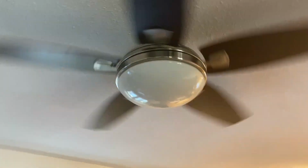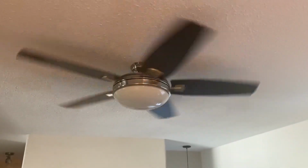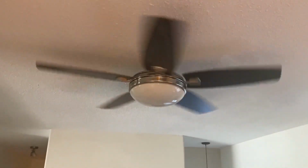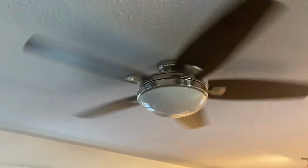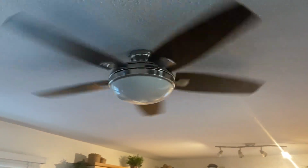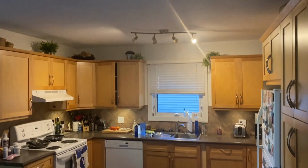So anyway, we'll start off with our first ceiling fan here, which you may recognize. This is the 48-inch Harbor Breeze Northumberland ceiling fan. It's been at least a month now since I put this up in this room, and I actually do quite like it. I think it matches our decor nicely, especially with the brushed nickel matches some of our other things